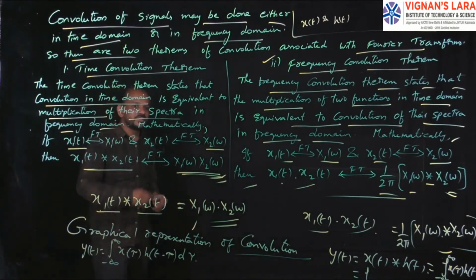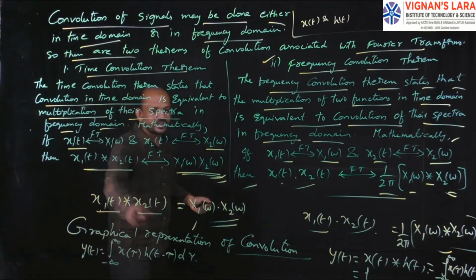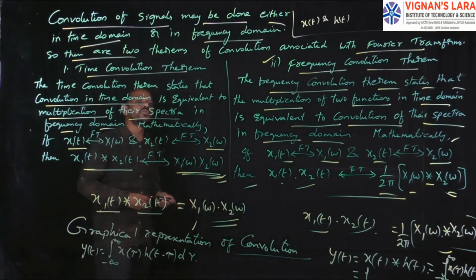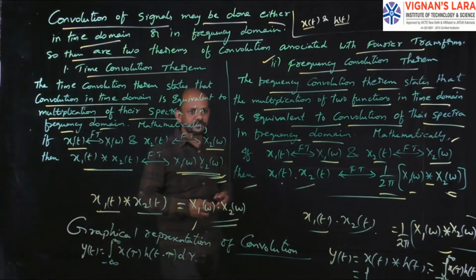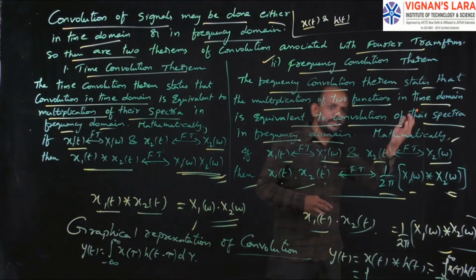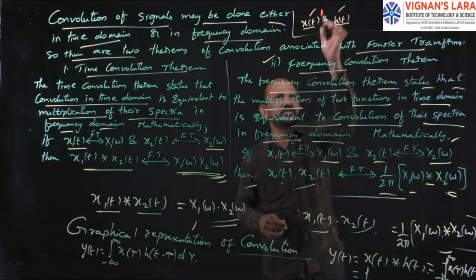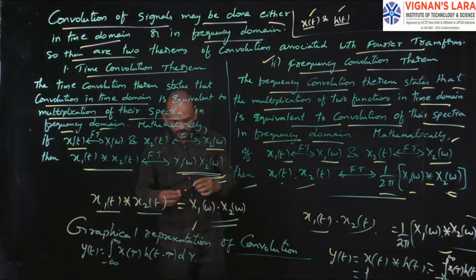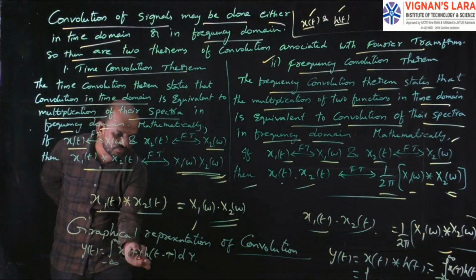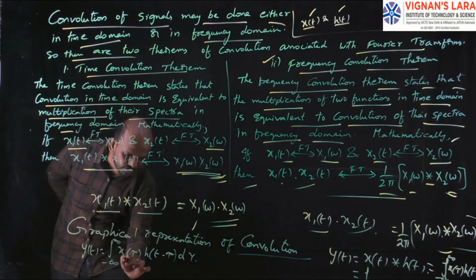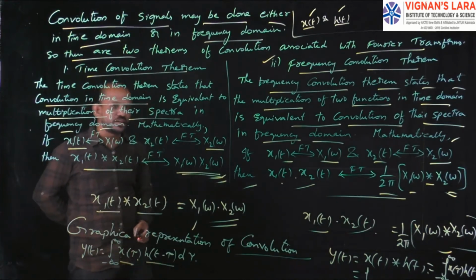Listen carefully, I will explain the procedure of how to perform this graphical representation of convolution. You have to do this at your home. This is for your practice, so listen carefully. Here simple, they will give the values of x of t and h of t. Okay, so x of t equal to e power 2t, h of t equal to 1 by 2t. They will give some values to this x of t and h of t. Here, first of all, we have to know the formula. Here the formula is y of t equal to integral minus infinity to infinity x of tau h of t minus tau d tau. That means I need x of tau and h of t minus tau.